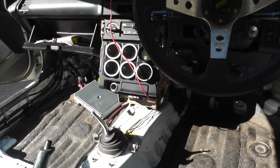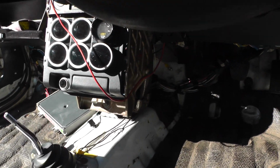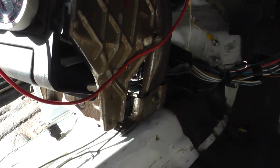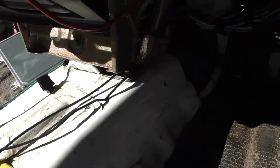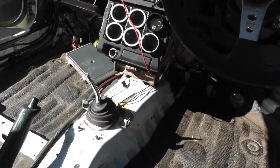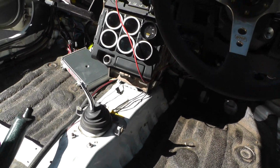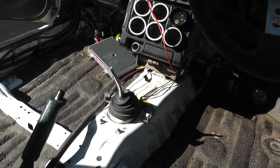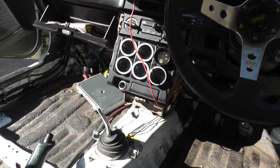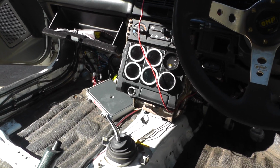But to get the new carpet in, another thing I'm going to have to do is undo this. So if I undo that bolt there and then this support bracket and then take it off, then I'll be able to just slot the carpet underneath there. So if you're going to do a real nice job, that's what you want to do. If you're just going to chuck a carpet in quickly, you can just cut that and then just place it round. But I'm going to try and make this nice, so I'm going to do it properly and take those